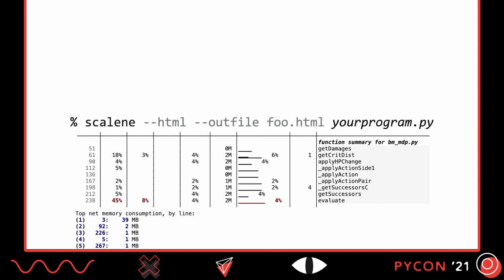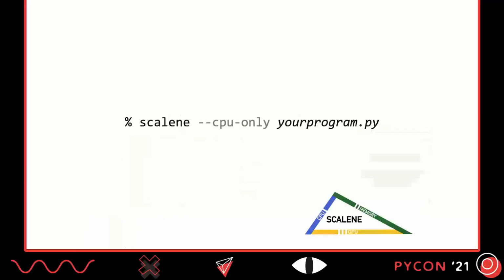It also provides a breakdown in descending order of the lines responsible for the most memory consumption. So you can look for things that might be consuming an inordinate amount of memory at a glance. Finally, briefly,